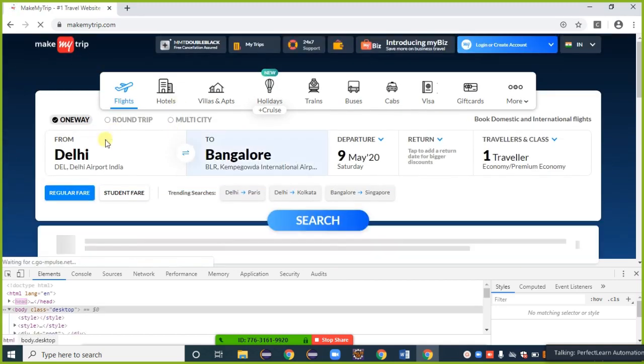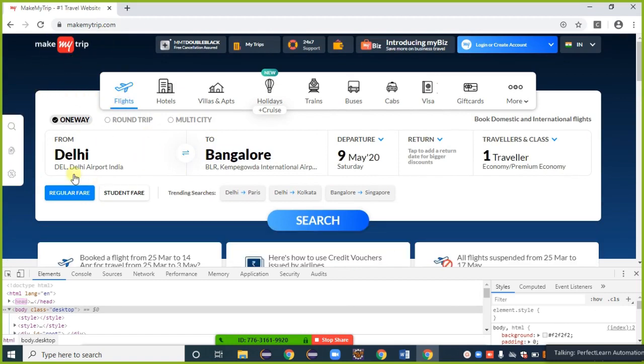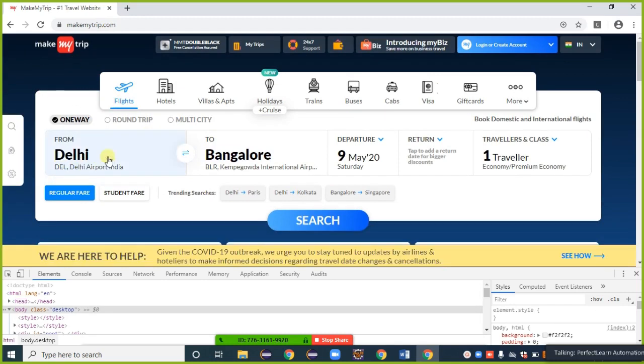So this is the main page of MakeMyTrip. First, we need to click on this one. Then that list opens here. First I need to provide an XPath or any locator of that web element, for the click operation we are performing. So here I am inspecting this one.